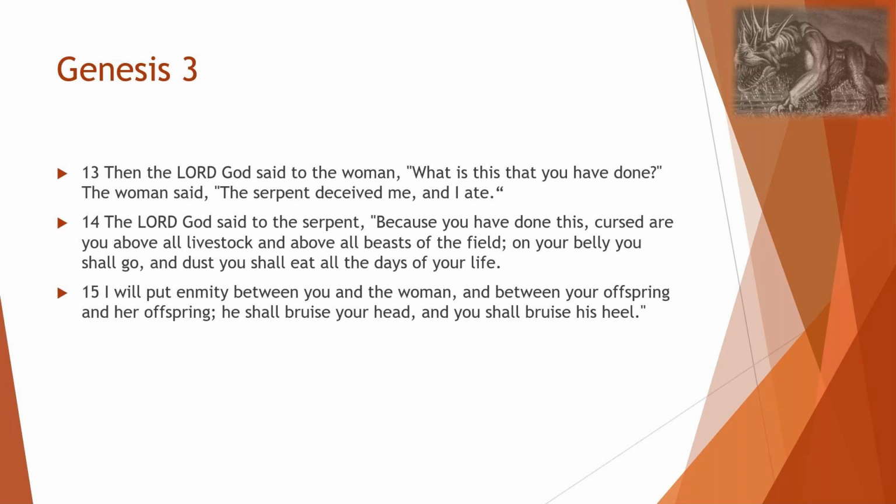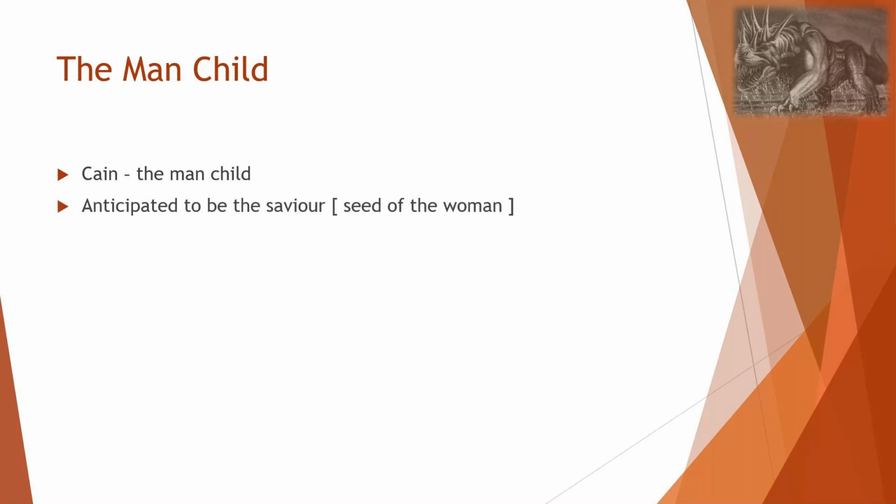Now, by the way, as it so happens, in Genesis chapter 4, wouldn't you know it, there's a man-child born to the woman. So here in the beginning of the story, in verse 1, we've got Eve saying, I've gotten a man. So Adam knew Eve his wife, and she conceived and bore Cain. And she said, I've gotten a man from Yahweh. Now, of course, Cain means gotten. I've gotten a man from Yahweh. And so what's the association for Eve? Well, getting a man from Yahweh is clearly associated with the promised seed. I've gotten a man. It's the promised seed. He's the Savior. It's going to happen in my lifetime,